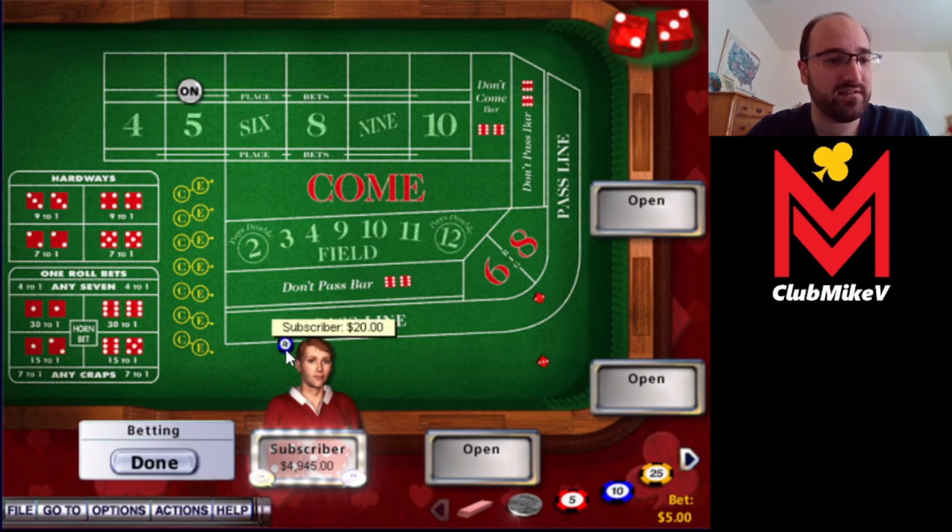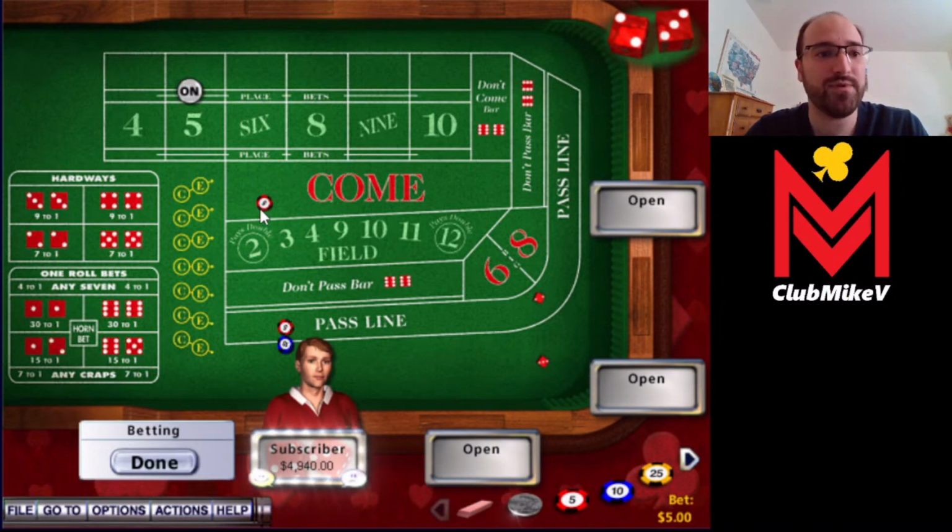So we'll make it an odds bet of $20. And now we're going to go ahead and bet on the come. So what does the come do? Well, it's just like starting a whole new round of craps. So basically a game within a game. This come bet has its own come out rule independent of what's going on with the pass line. For the come bet, if the very next roll is a 7